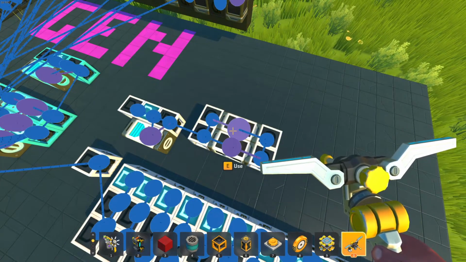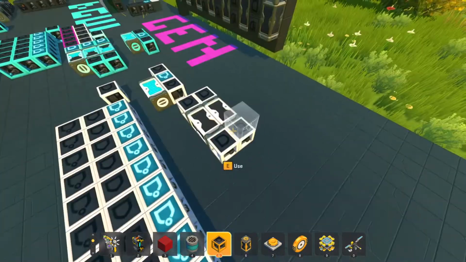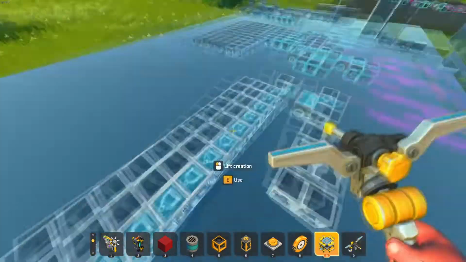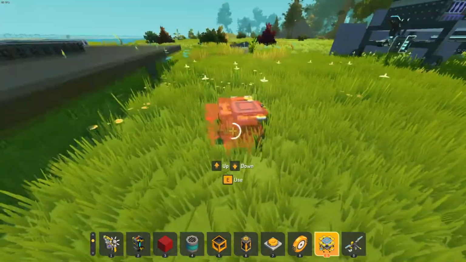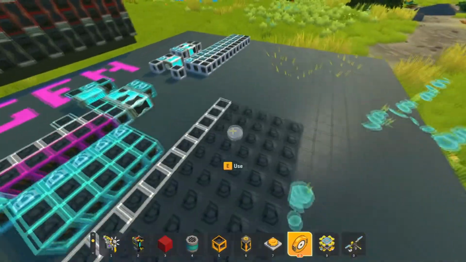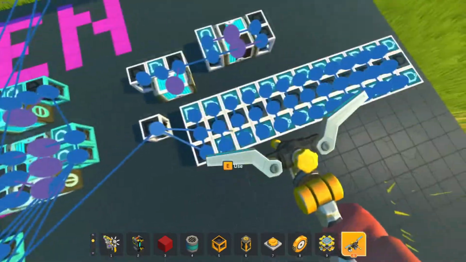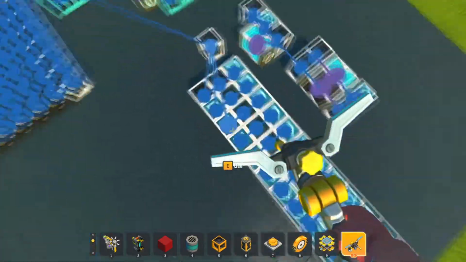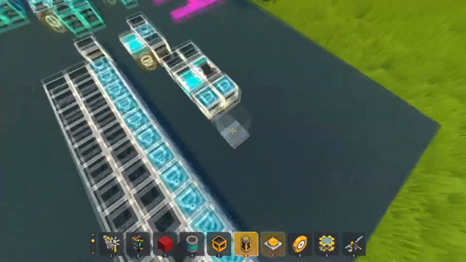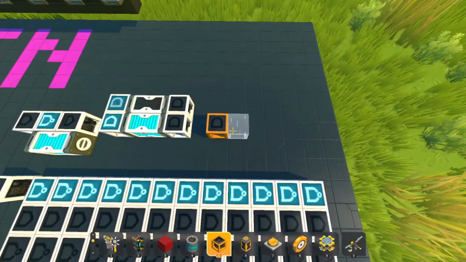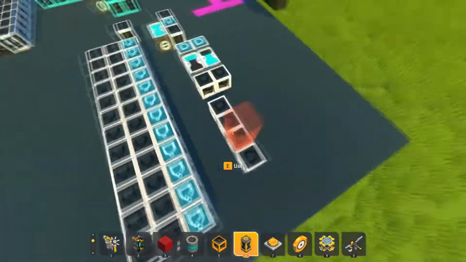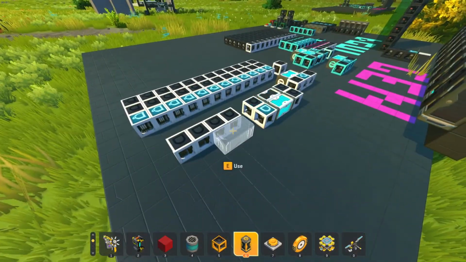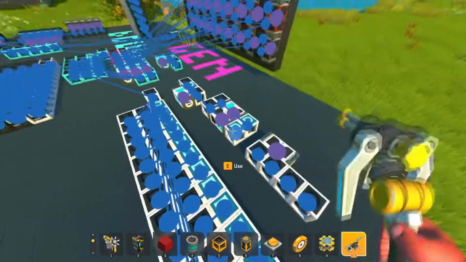Budding break. I have budding. Now I need to shorten this 500 millisecond pulse down to... I mean, I don't really have to, I just prefer having like 50 millisecond pulses. But we'll figure that out. So now what we want to do is basically the same thing. I don't need half of these, but I don't care right now. So this